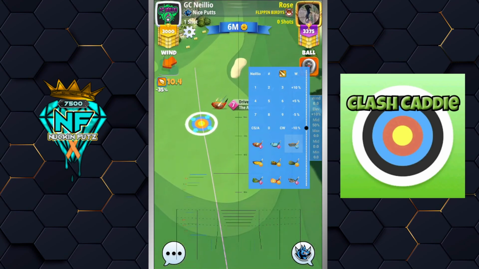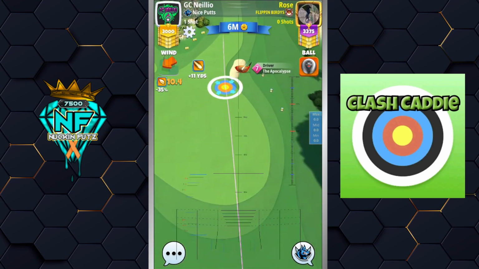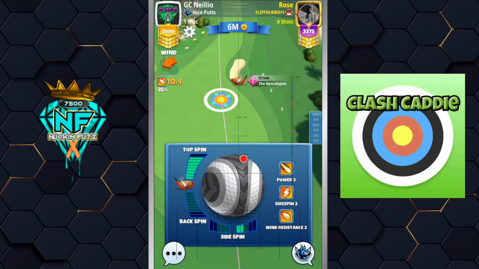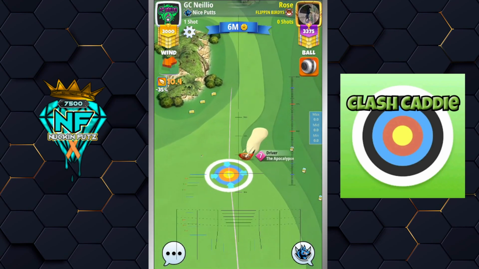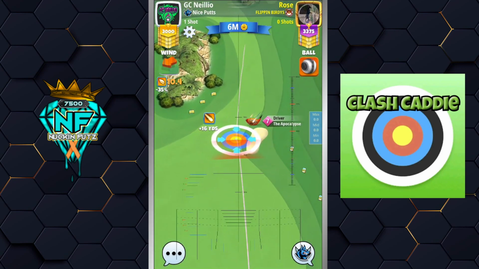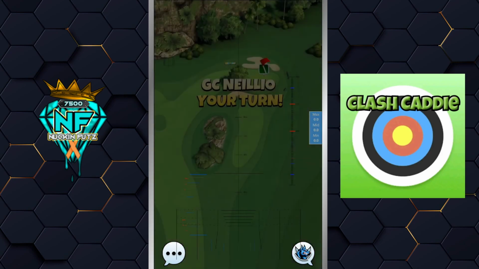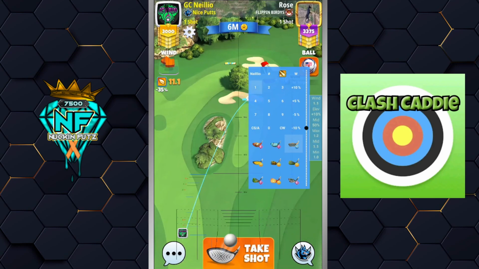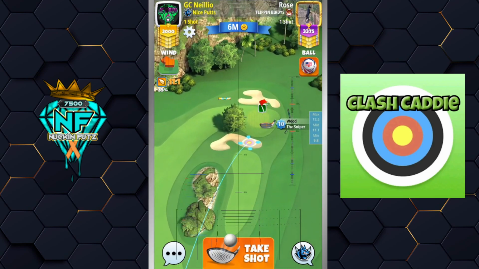No idea what the elevation is, so just set it at +10. Wait for my opponent to take their shot here. Alright, so have everything set up. Plug in my wind real quick with